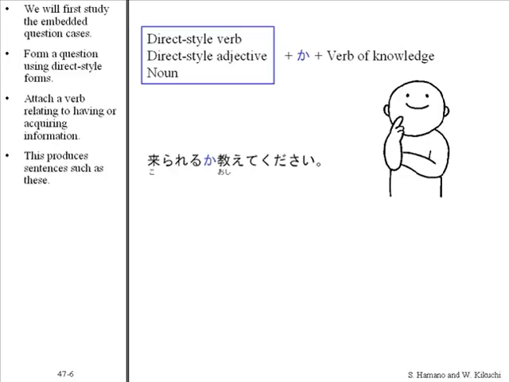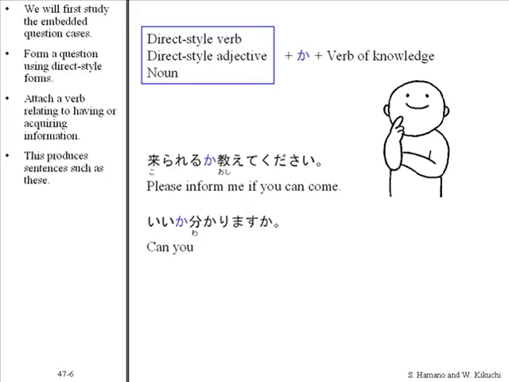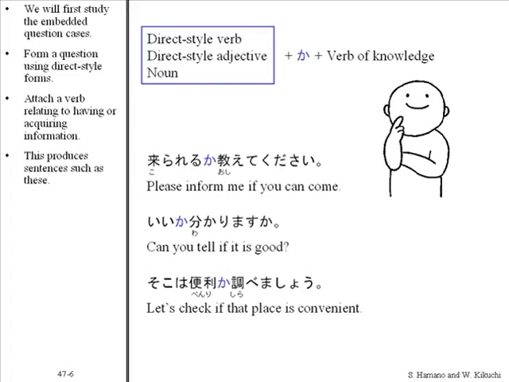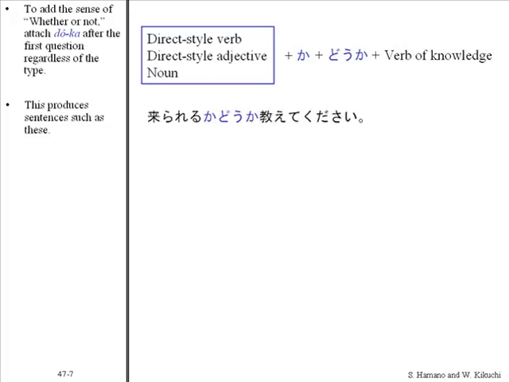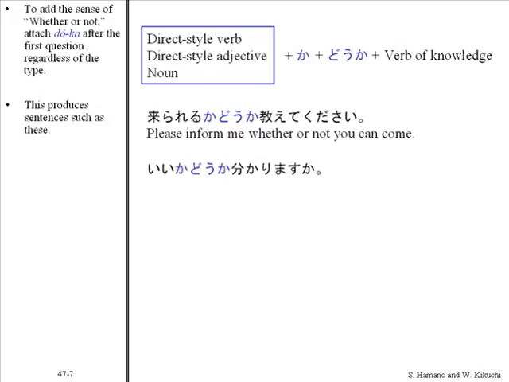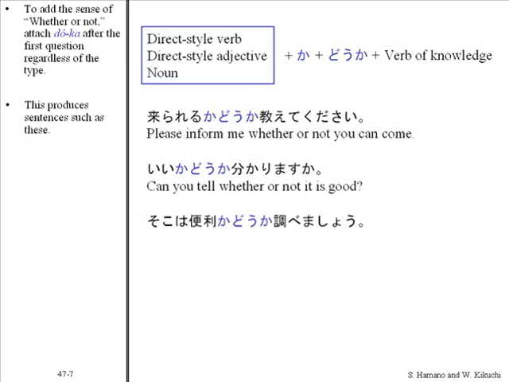来られるか教えてください。いいかわかりますか？そこは便利か調べましょう。To add the sense of whether or not, attach どうか after the first question, regardless of the type. This produces sentences such as these. 来られるかどうか教えてください。いいかどうかわかりますか？そこは便利かどうか調べましょう。